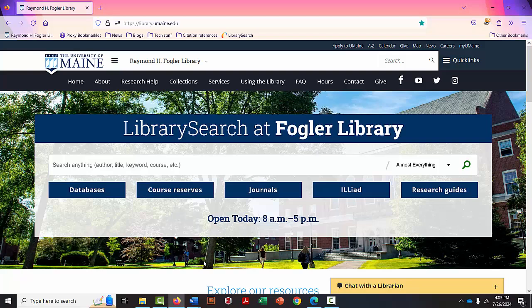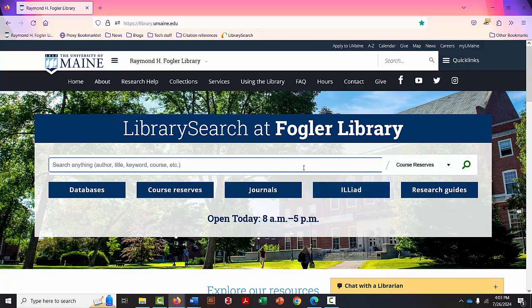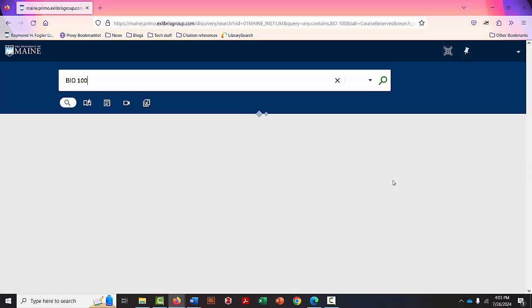First, you'll want to go to the library homepage. To the right of the search box is a drop-down list with the option Almost Everything selected. Click on that drop-down list and select the option Course Reserves. Then, type the course number, which includes the subject abbreviation and the 3-digit course number. I'm going to type Bio 100, which is the course number for an introductory biology course, and then hit the